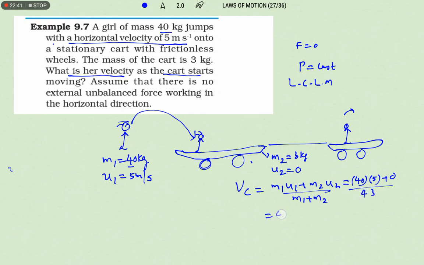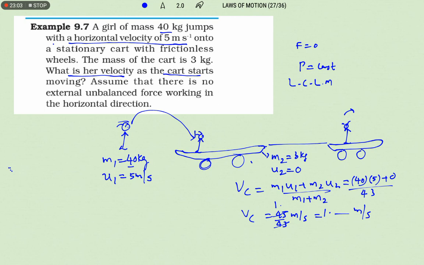So 200 by 43 meter per second, or if we simplify further, 1 point something. So 1 point something meter per second is the common velocity of both the girl and the cart,